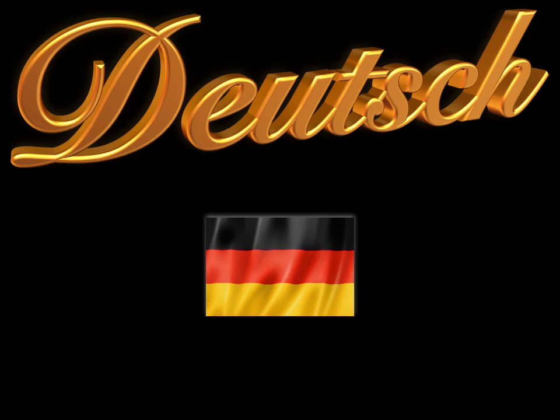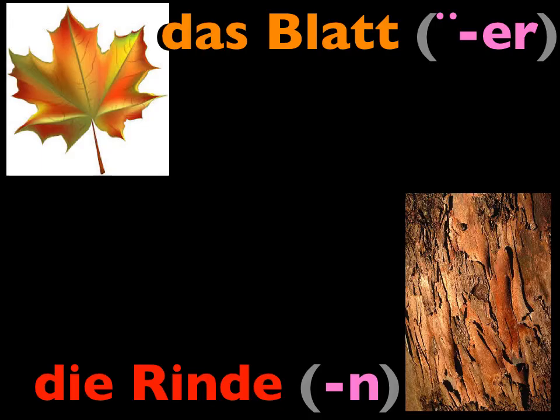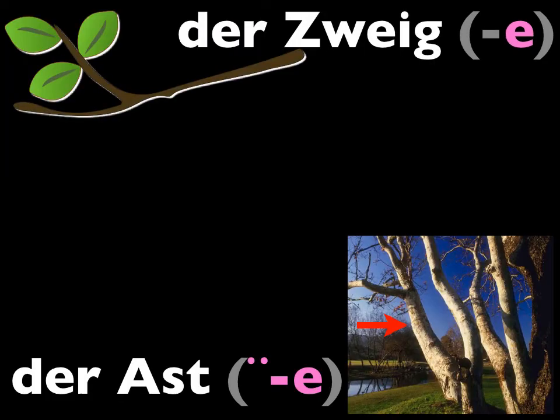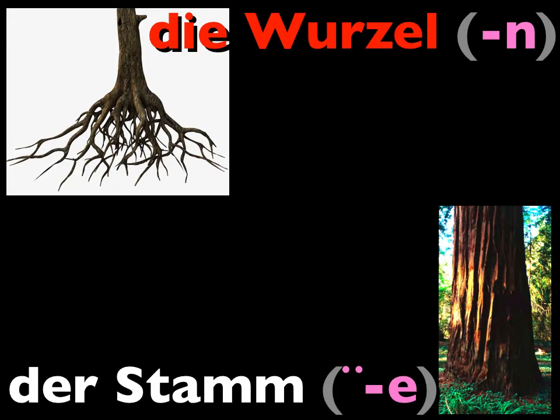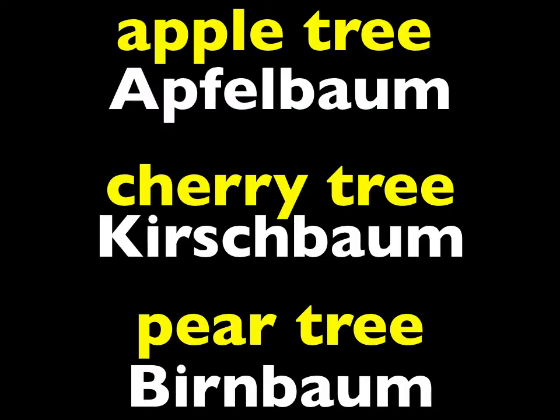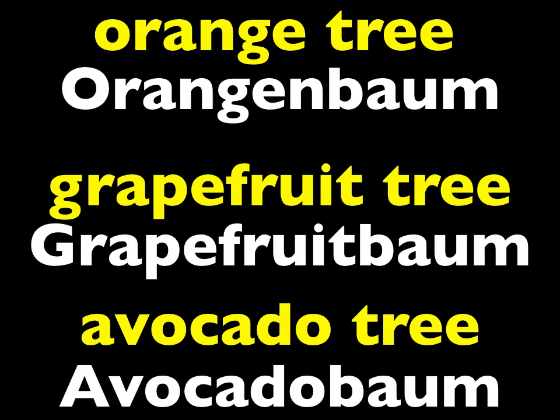Repeat all of your new tree vocabulary from the last two lessons. Das Blatt, die Rinde, der Zweig, der Ast, die Wurzel, der Stamm, der Apfelbaum, der Kirschbaum, der Birnbaum, der Orangenbaum,